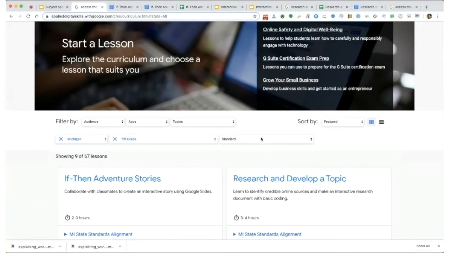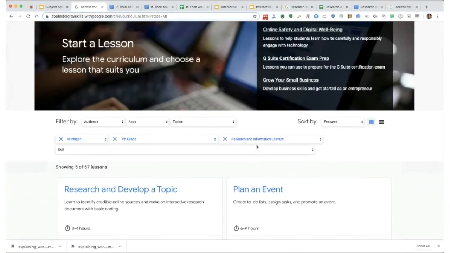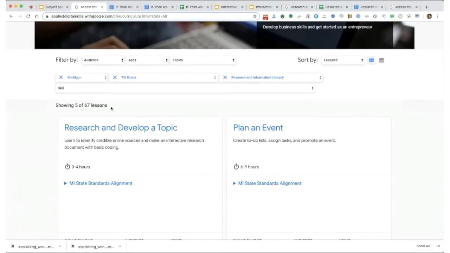I encourage you to test this yourself. You can't see it all on my screen, but a list of the standards, specifically the Michigan Education Technology Standards, are showing. I'm going to select this one around research and information literacy. There are more drop-downs on the specific skill, but I'm just going to go with this broader standard and see that there are 5 lessons that align directly with Michigan's standards for 7th graders on researching information